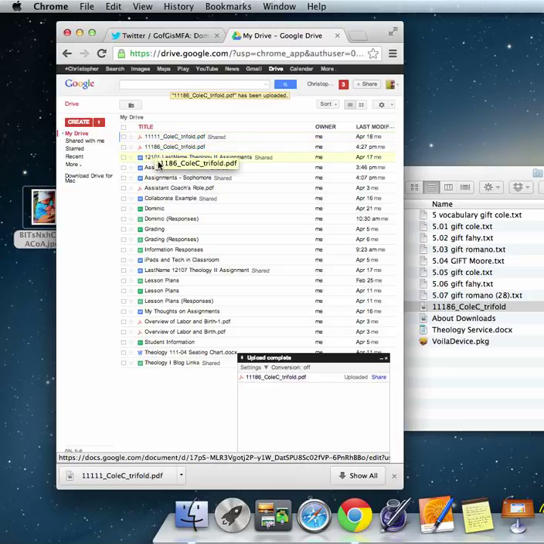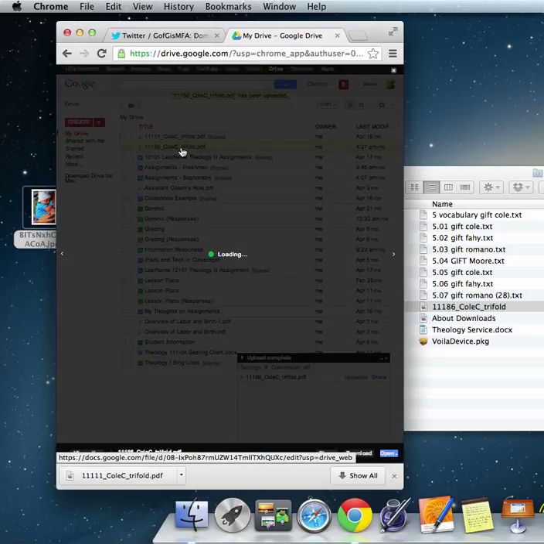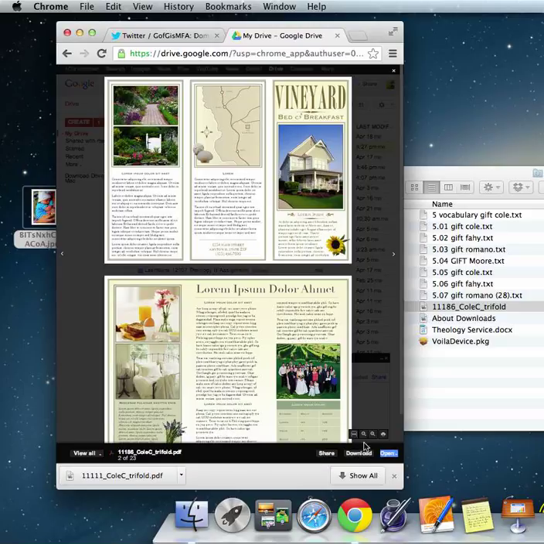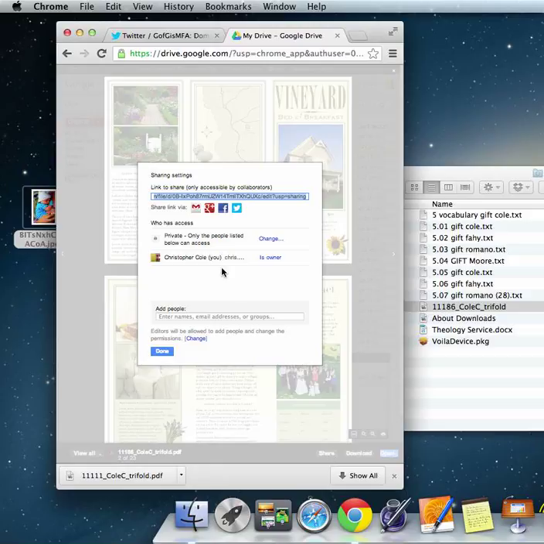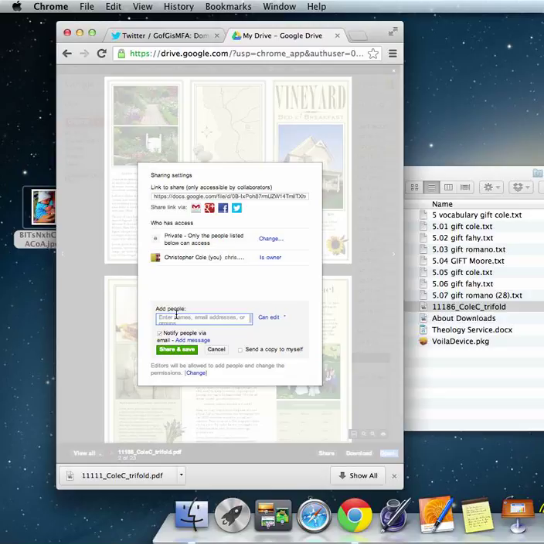on display. The next step then is to share it with me so that I receive it. When you click it, it helps you view it. At the bottom, you can click the button Share. Here, there's a link and a few other things. You want to make sure you shared it with me. So you want to type in my email address, ccole@straightjesuit.org, and click Share and Save. You can also change from Can Edit to Can Comment, but you do not want to change